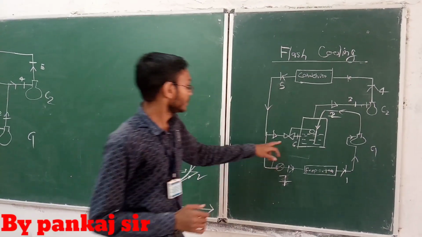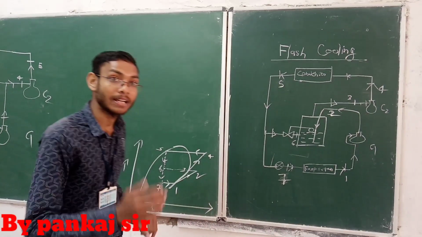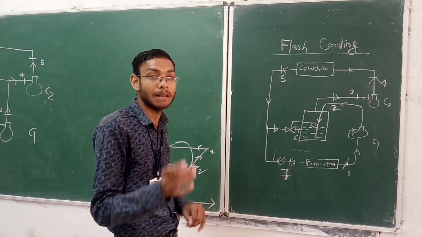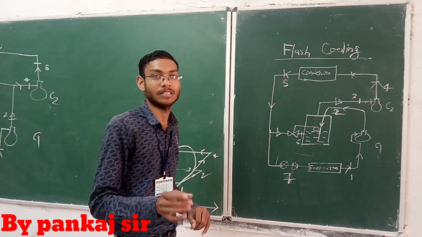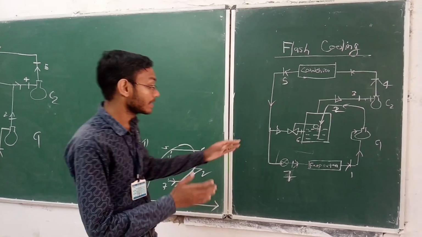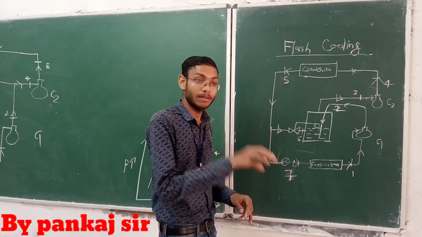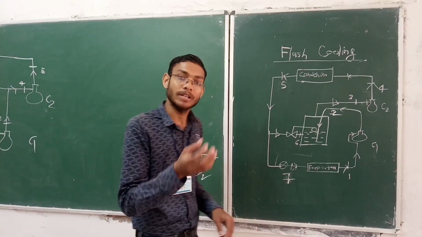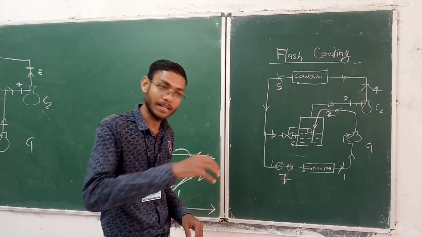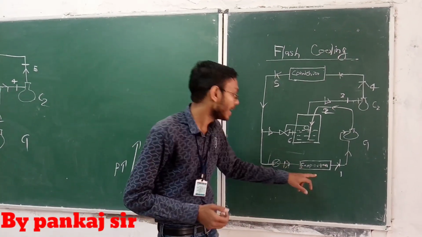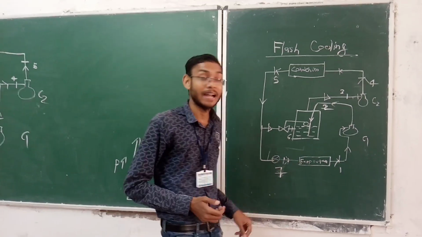From 6 to 7 we again have an isenthalpic expansion process, which is going to be a highly irreversible process, and from 7 to 1 the liquid is going to take the amount of heat that is the cooling load of our refrigeration, passing through the evaporator, and the same